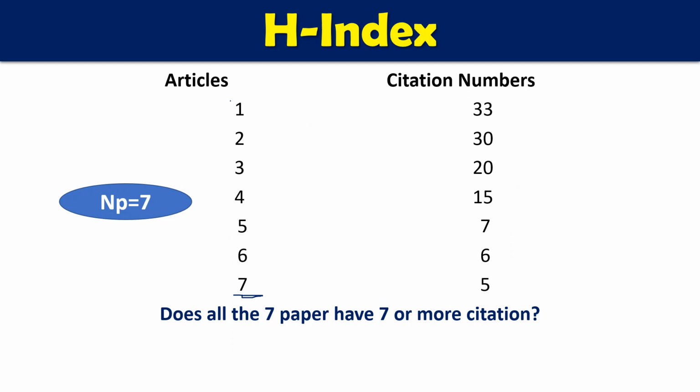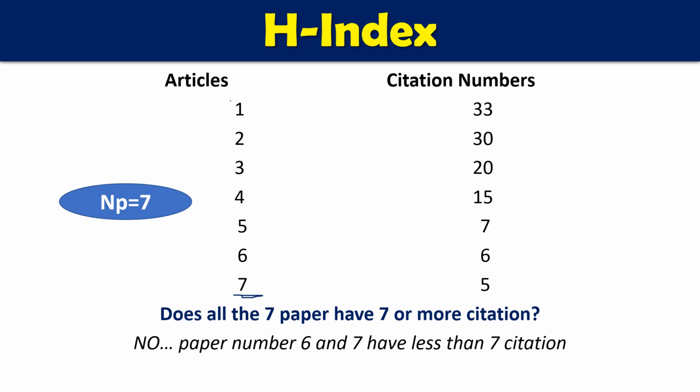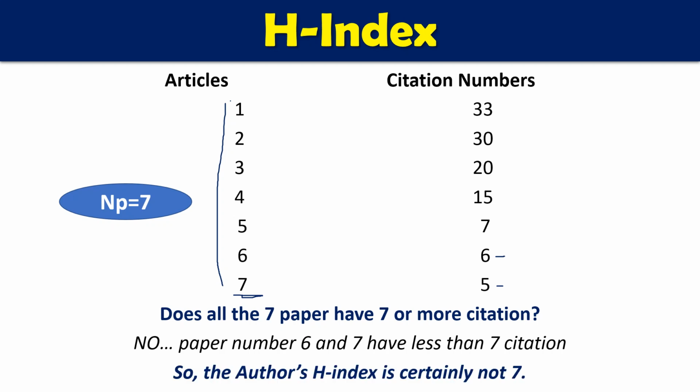Because, by definition, I have told you, n number of papers have minimum n citations. So whatever number we are going to see, that paper will have that many citations. No. In this case, this paper has only 5 citations. For H index 7, we require 7 papers to be cited minimum 7 times. This paper is cited only 5 times, this paper only 6 times. So obviously he doesn't have 7; his H index is certainly not 7, because 7 papers do not have